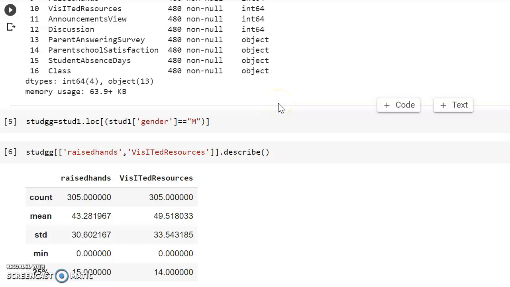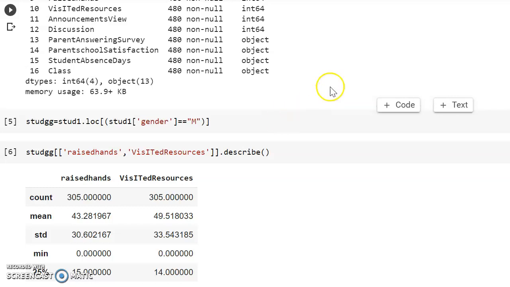Later, in my dataset, I got three classes: a low class, a medium class, and a high class, which is used to compare between the females and males.